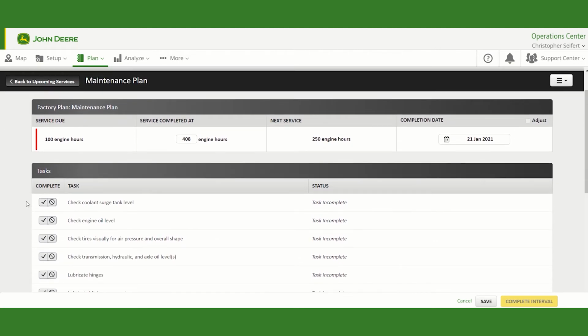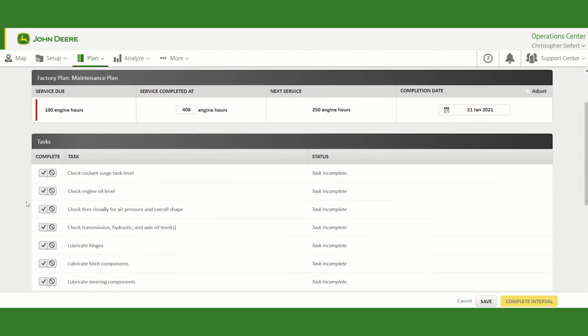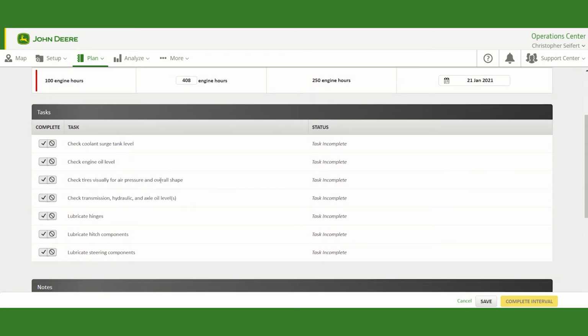So make sure that you check the coolant surge tank level. Once you're done with that, you can hit the check mark that it's complete. And now you'll see over here that the status shows that it was completed, what time it was completed at, and what date it was completed. So now we've checked the engine oil level, so we'll hit that check mark. Now we can see that it's also